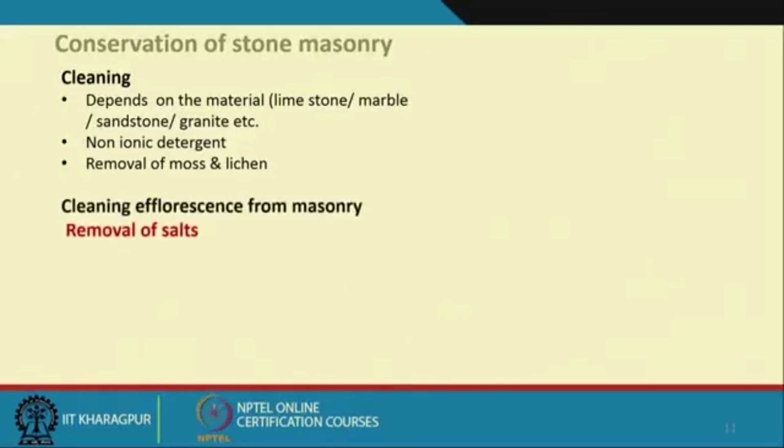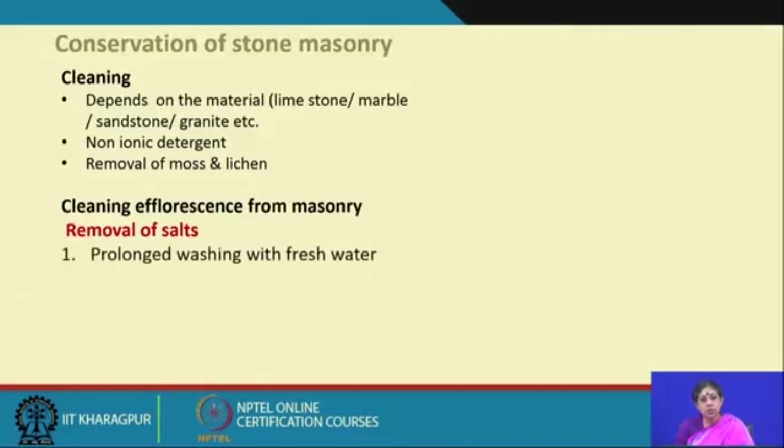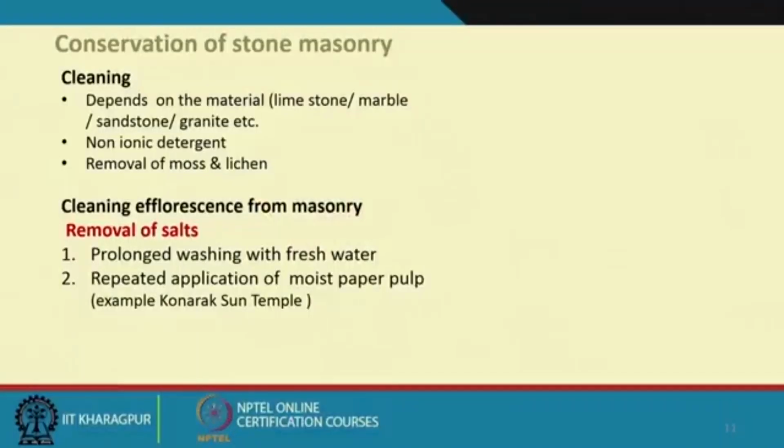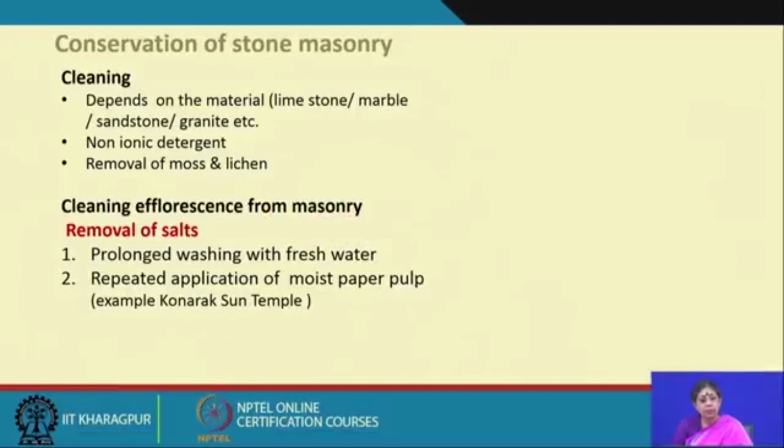The other thing which is happening in cleaning, as we discussed when we discussed decay, is efflorescence from masonry, and the removal of the salt is very important. And what is the method for removal of the salt? It is a prolonged washing with fresh water. The water should not contain any chemical or any salinity, and there should be repeated application of the moist paper pulp. This is a method which has been used even in Mahabalipuram,